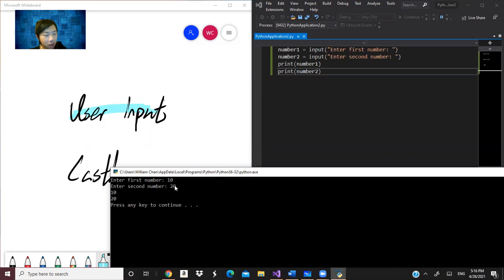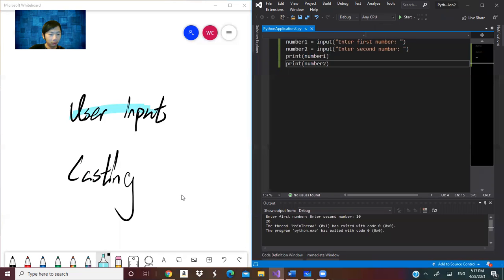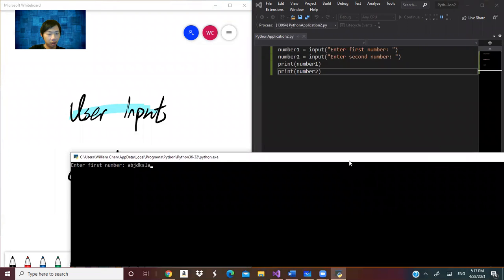It doesn't. The input function, no matter what kinds of things you input, will convert it to the string. Everything is the string. Let me try one more example. Enter the first one, and the second is special characters. If you believed that is an int, it should give an error message, but it doesn't because it's a string. So you can see number one, number two is the string.